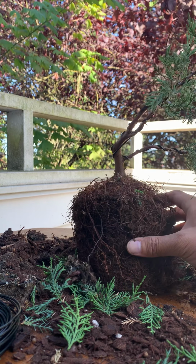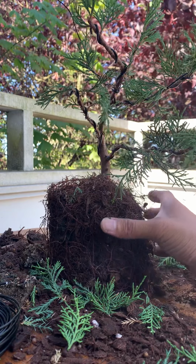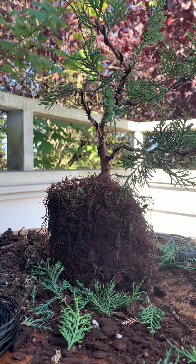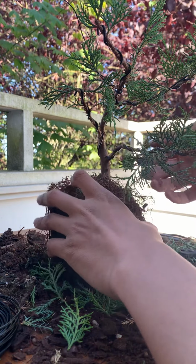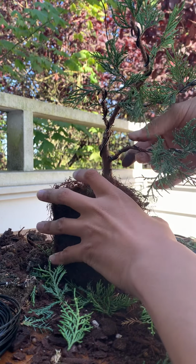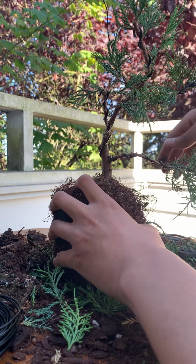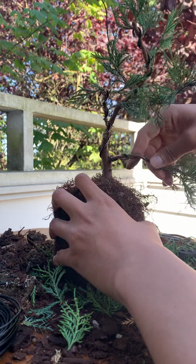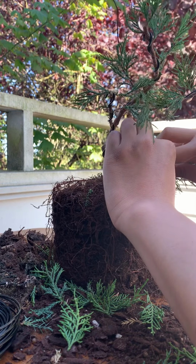Okay, in the last part we cut down a standard bush to this, and then I just finished wiring the bonsai. So I'm just going to do the final design. So now I can bend the branches any way I want. I want the tree to come towards you